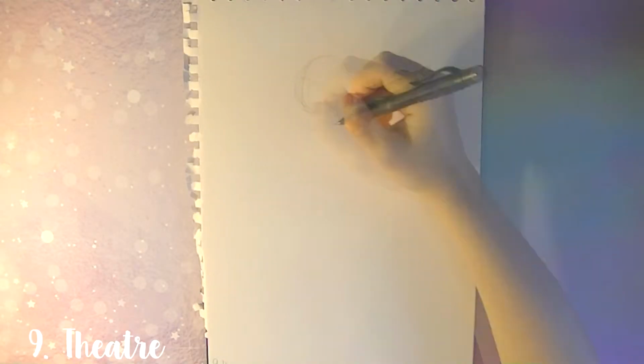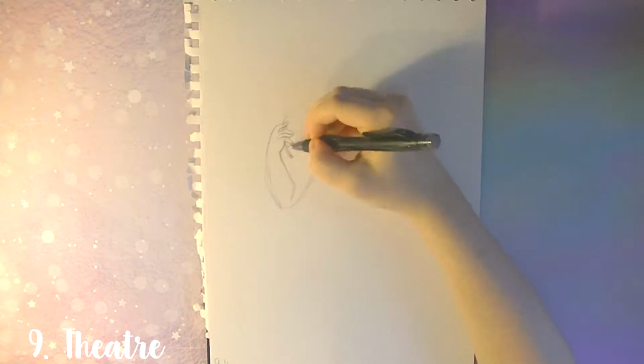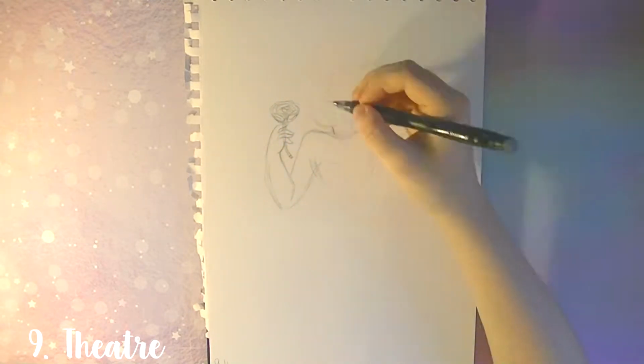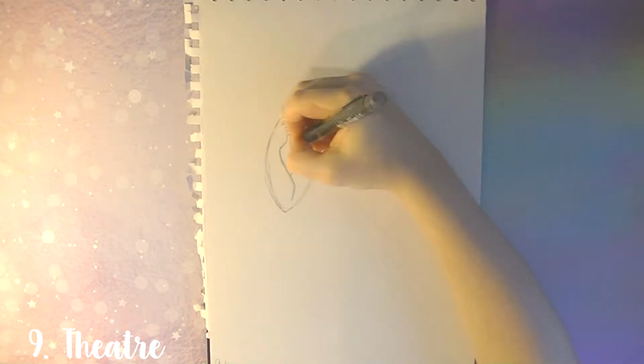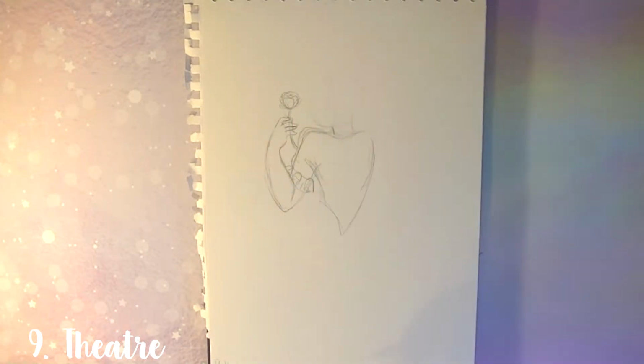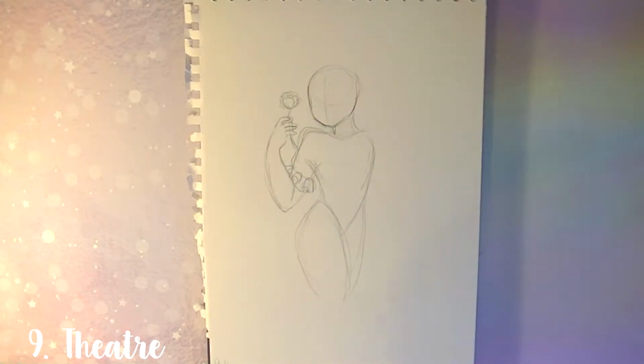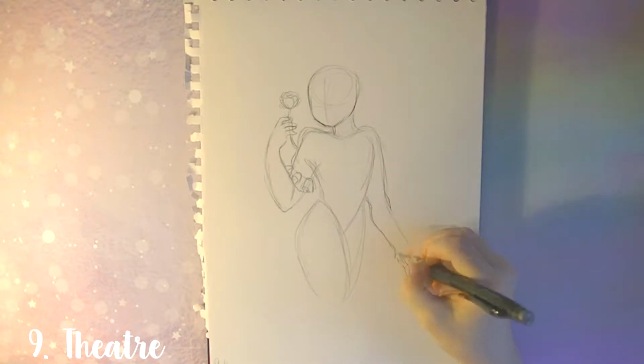Prompt number 9 was theatre, and admittedly, again, this one doesn't really fit the prompt particularly well. So this was another one that I struggled with a little bit. I couldn't really think of what to do for theatre, and I did do a little bit of searching around on the internet for some inspiration and just some images that might help inform what I was going to draw,